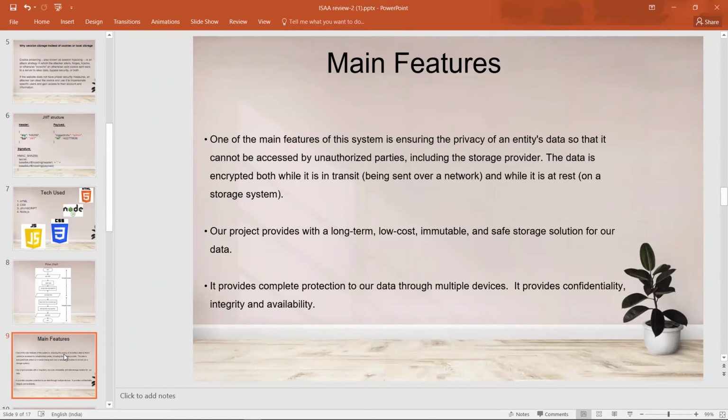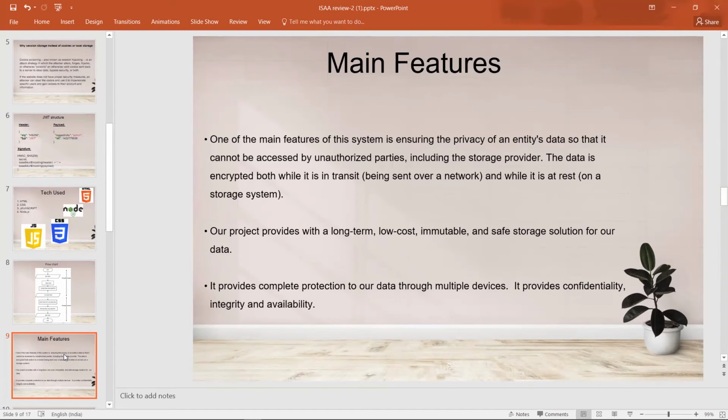So these are the main features of our project. The main feature of the system is ensuring the privacy of entity data so that it cannot be accessed by unauthorized parties, including the storage provider. The data is encrypted both while it is in transit, when it is being sent over the network, and while it is at rest.